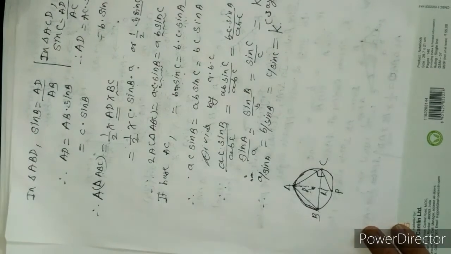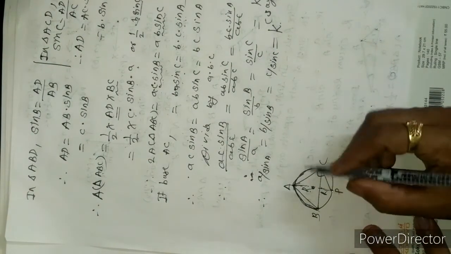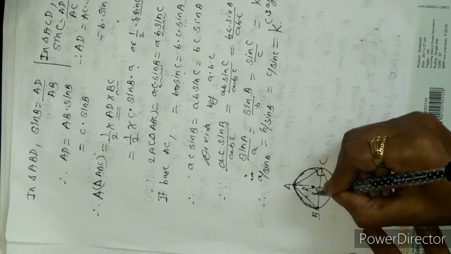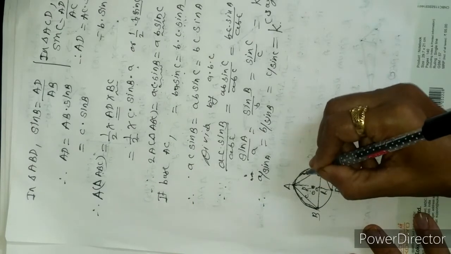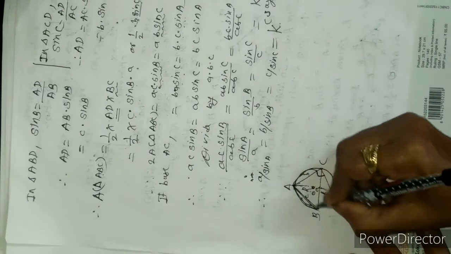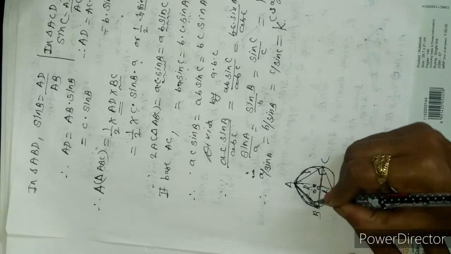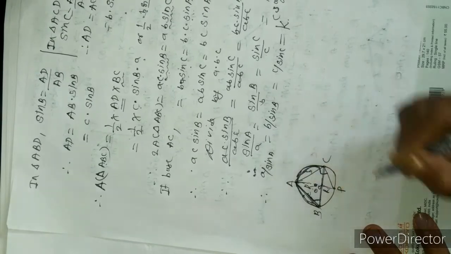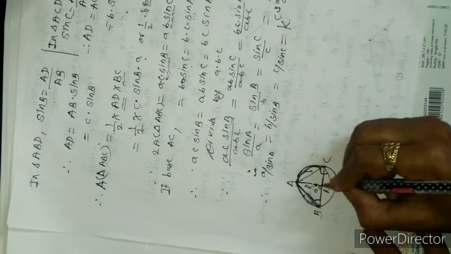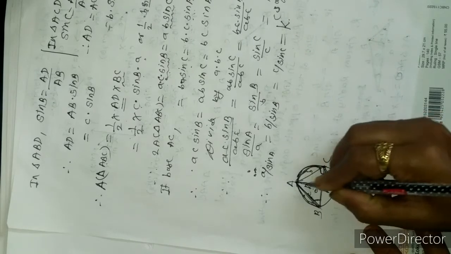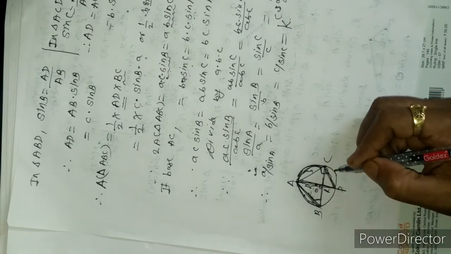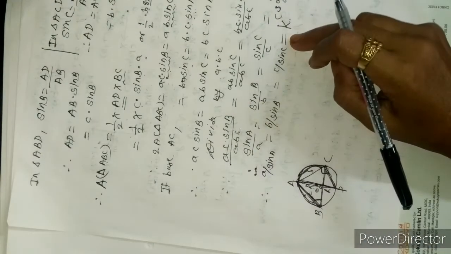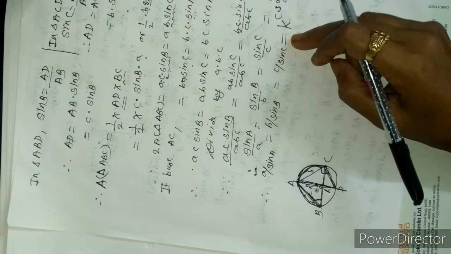By using this condition, we again take AB with the length C, BC with the length A, this is the center O, and AC with the length B. Now this is the angle ABC which is inscribed in the arc AC, or in the same arc that angle APC which is inscribed. So at least to prove this measure of this ratio is the length of the diameter,